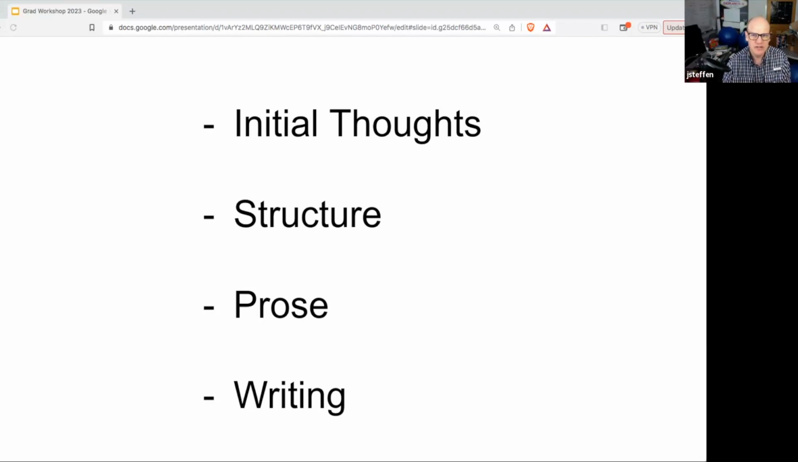But in general, when I work with my graduate students, I don't make corrections on their writing. I tell them, here's what needs to change, and then I have them do the corrections, because that was what happened with me when I was a graduate student, and it was one of the most beneficial lessons that I learned. And I'll talk a bit about prose and how to make your prose